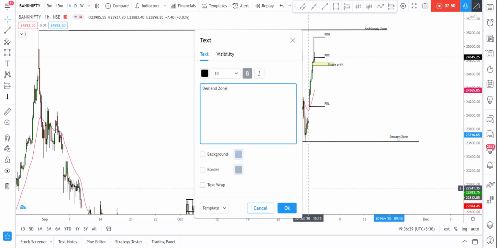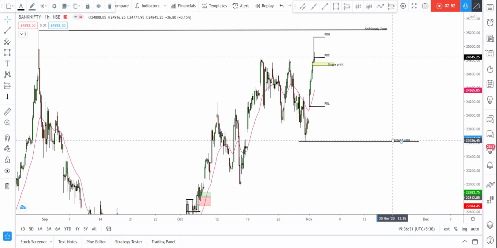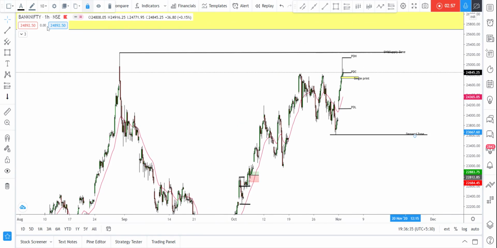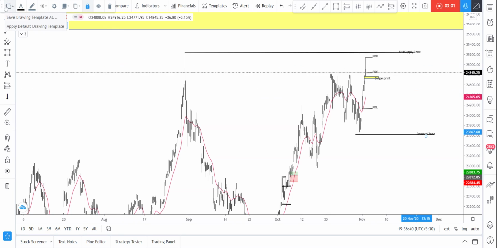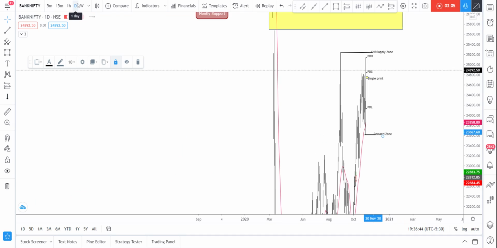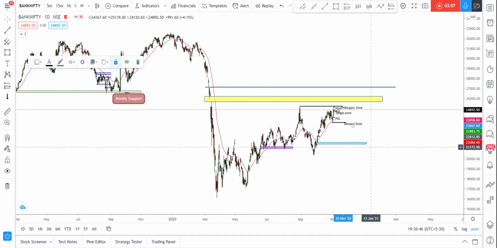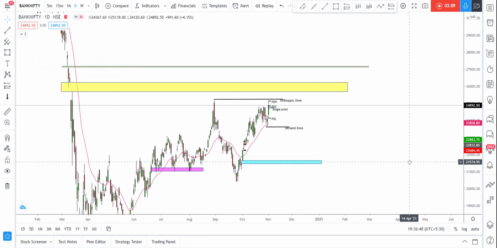So marking on the lower time frame and higher time frame is done with this. Let me go to a very higher time frame, that is the 1 day time frame, and let's see what happens there. Will there be any important levels? We'll see there. I'm adjusting the levels. Yeah, this yellow one is the gap border.